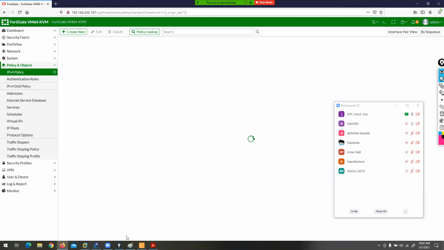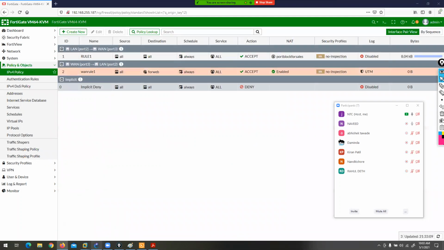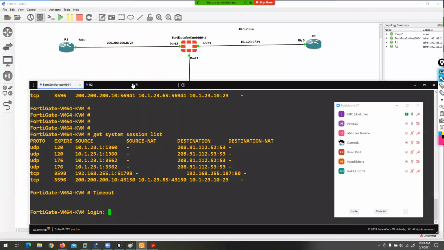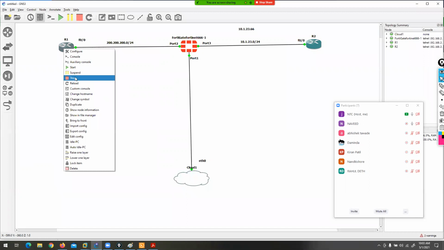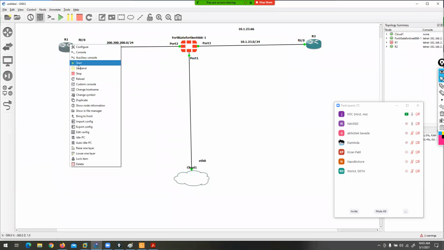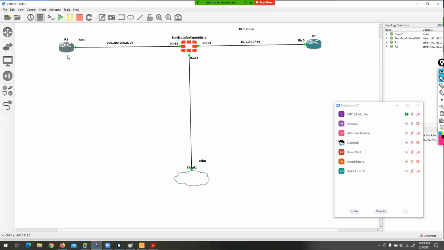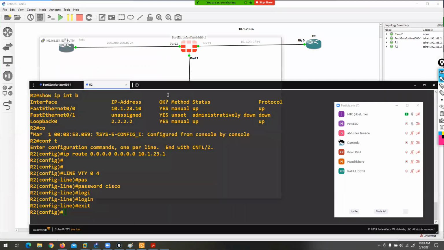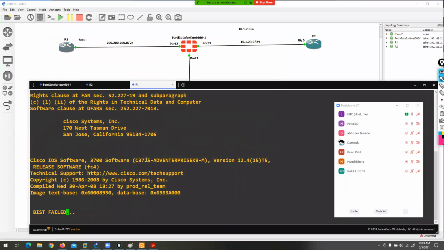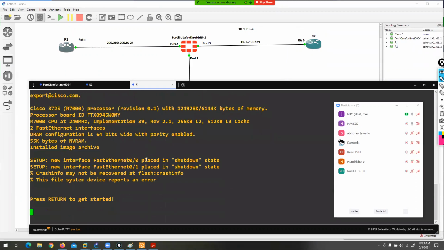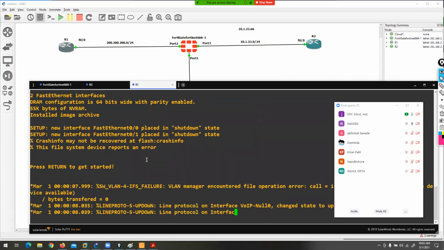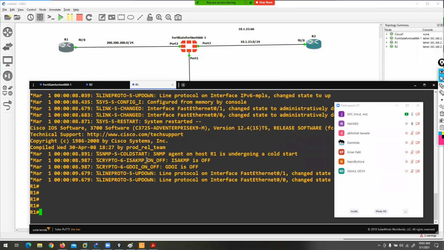Now let's generate some traffic. But before this, let me configure telnet first on this router. What happened with R1 again? One minute, guys. No problem. We get used to this when we use GNS3.